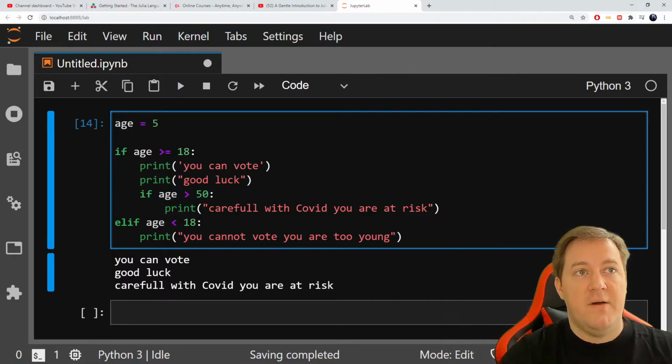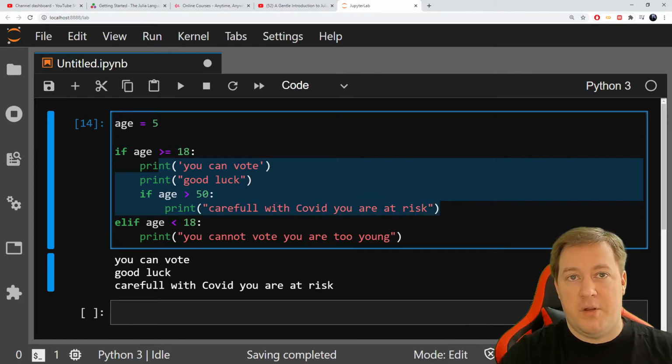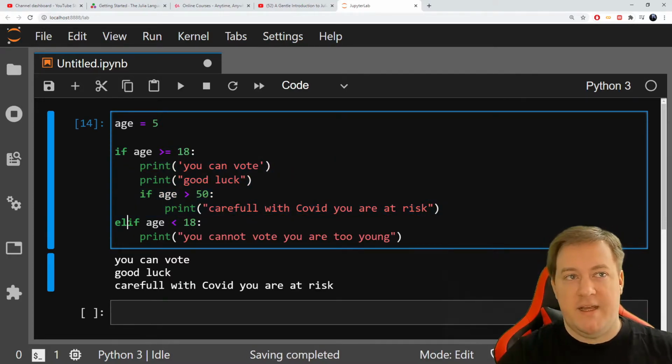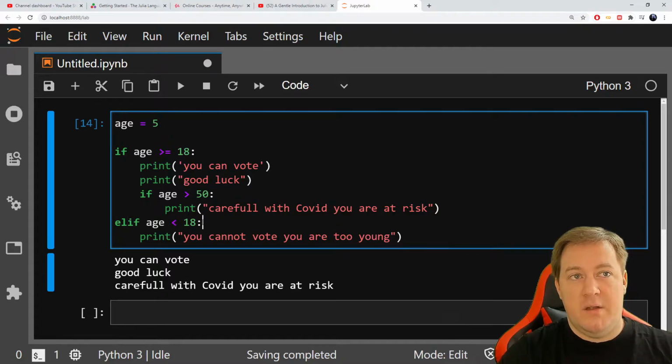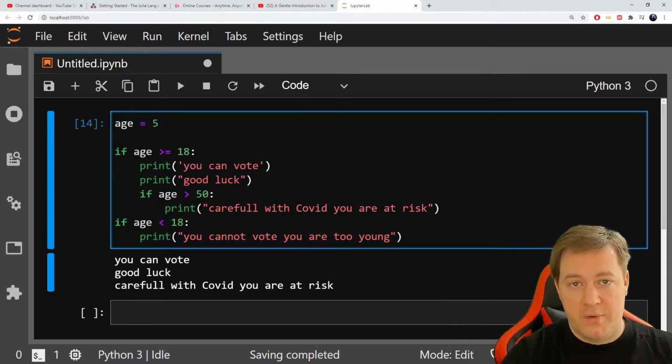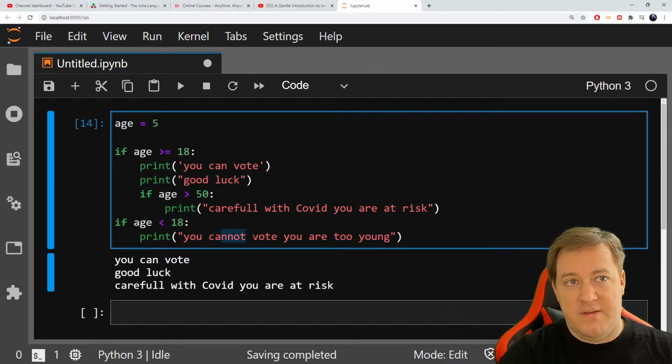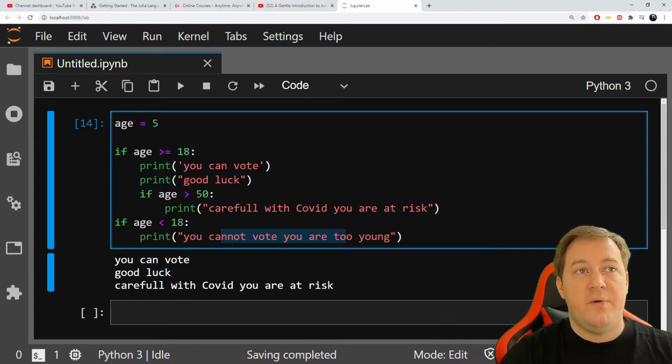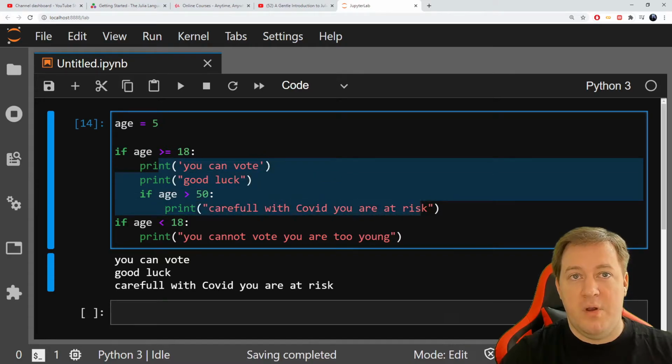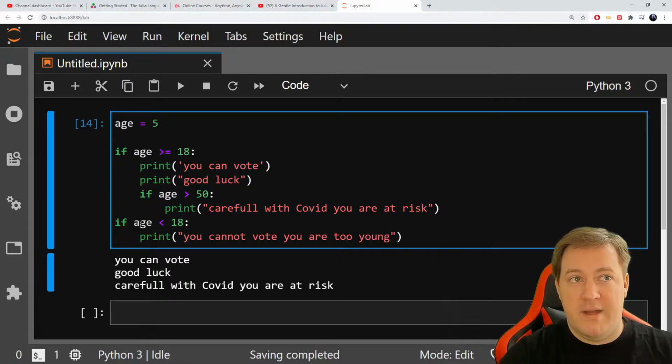It's looking at if, okay, is that true? It's false. If it's false, it will just jump after all this block, and it will look at what we have next. So if it's elif, it will look at this, and it will print this if this one is true. Now, if it was if, it would also look at it, and it would also print this if it's true. Now, the big difference, again, just to be sure it's really clear, is if this one is true, then everything here will be happening. But then the computer will also look at the next one,